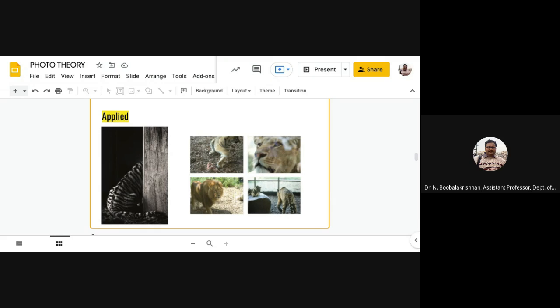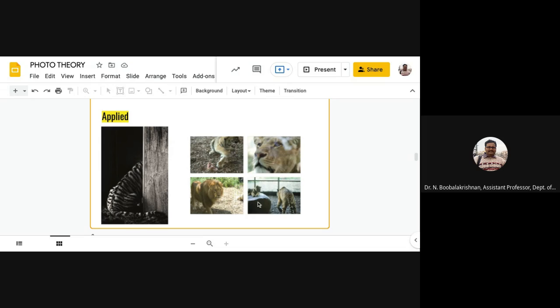In that, what you're able to photograph, three things: the content, form, and technology. The content is your fondness or your preference, and the form is how creatively you are composing. See the close up, as you said, the second and third one, the close up and this full shot composes a good, clear picture. That means it gives you a satisfaction or fulfillment that you have shown something, shown the particular lion's face.